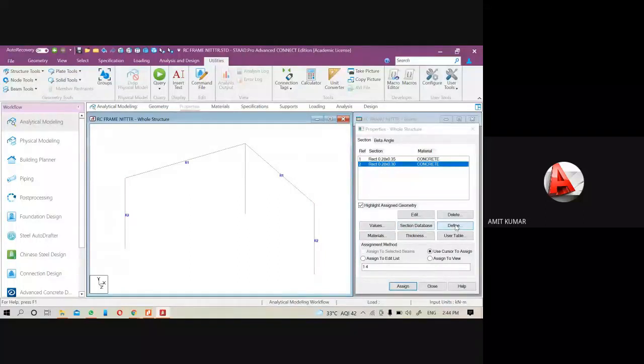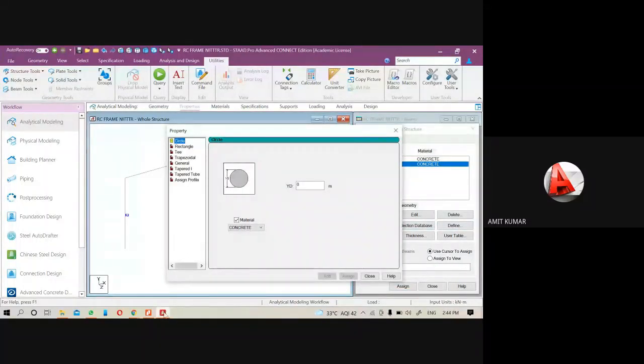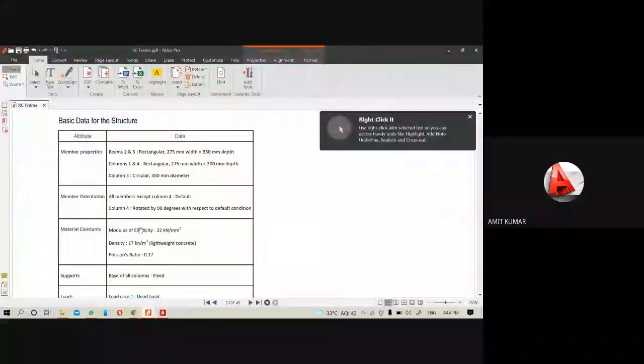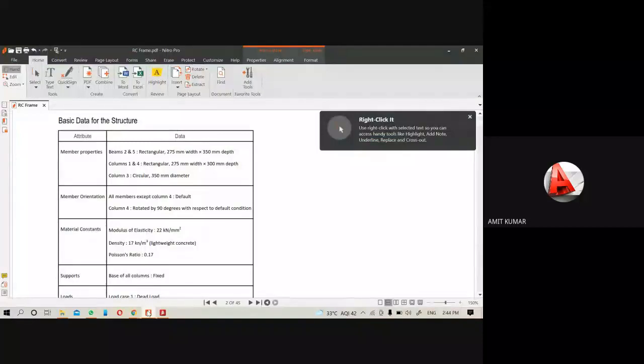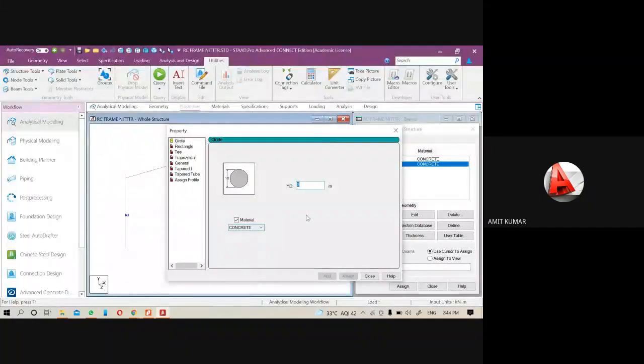Now come to the define again. A circular column, and the circular column's diameter is 350 mm. It is for the column number 3. Here it will be your column number 3 with the 350 mm diameter. That means diameter 0.35.